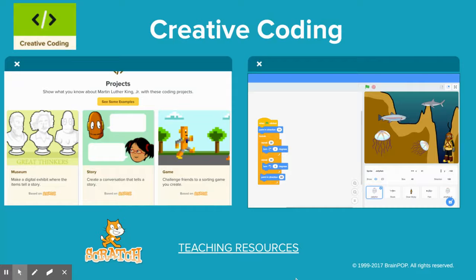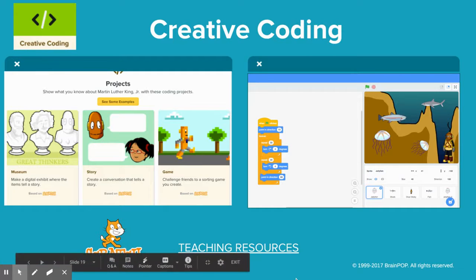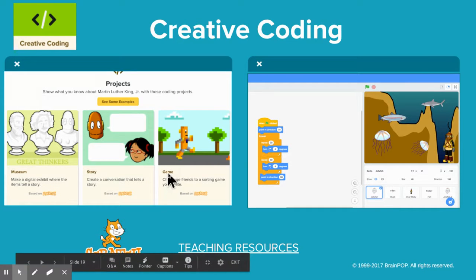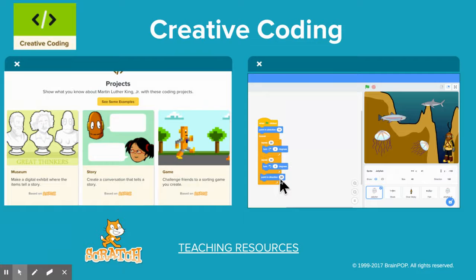All right, the last thing we'll take a look at within BrainPOP is Creative Coding. Many of the topics that you'll search within BrainPOP, you will see this green icon with coding symbols, and it will offer 3 different types of projects that they could creatively code to show their knowledge of a topic that you've studied in class. All of these projects are powered by a coding website that maybe you've heard of called Scratch. I have a direct link in the slide deck to teaching resources specific to Creative Coding,